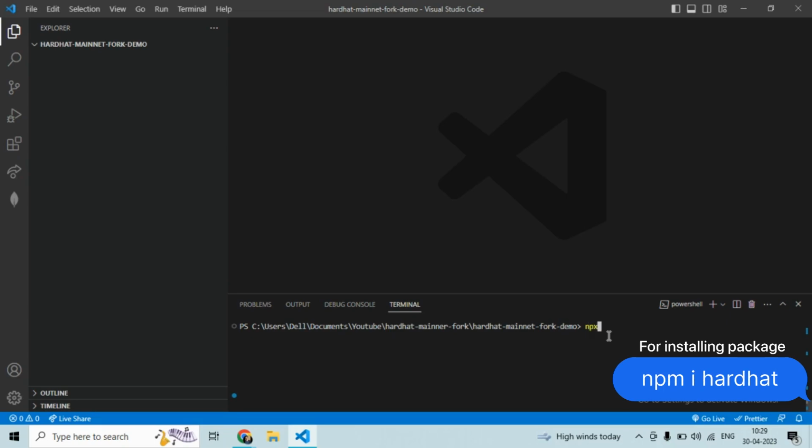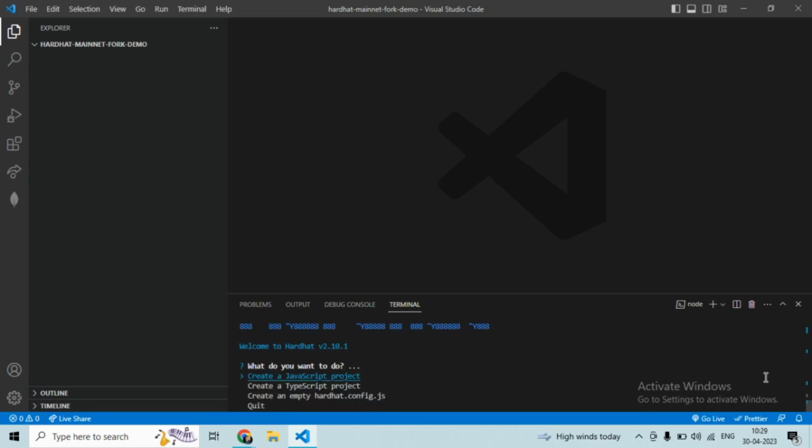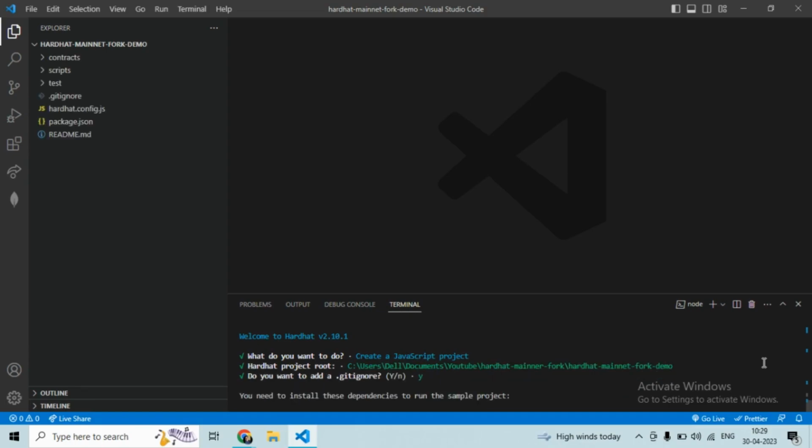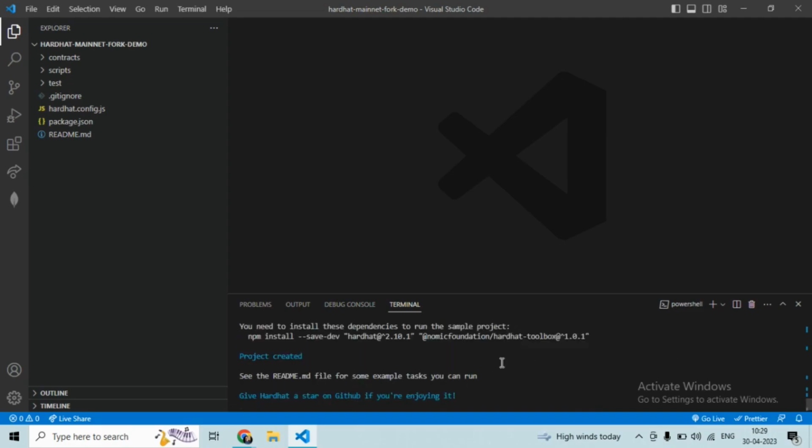To get started, you'll need to install the Hardhat npm package on your machine. Once you've installed Hardhat, you can create a new project with the npx hardhat command. By selecting Sample JavaScript Project, it will generate a sample project with a basic project structure with a hardhat.config.js file. Next, we need to install the dependencies specified in the terminal and we'll run the test file to check that everything